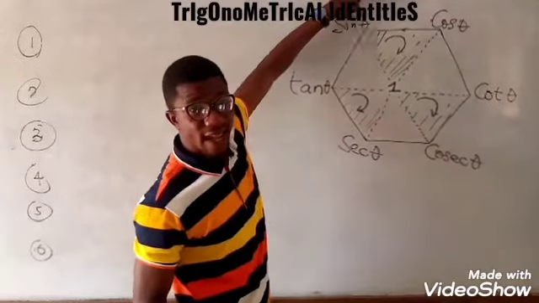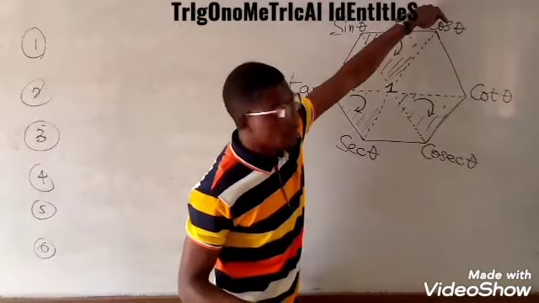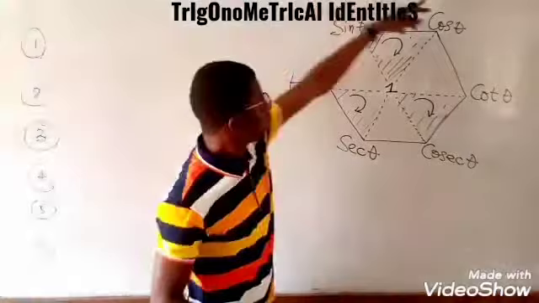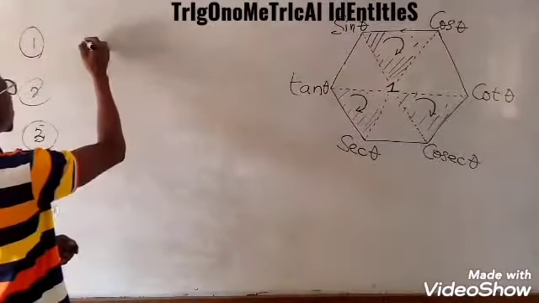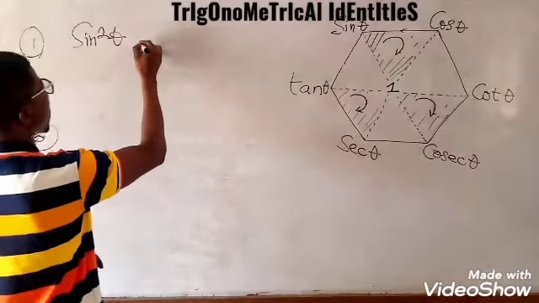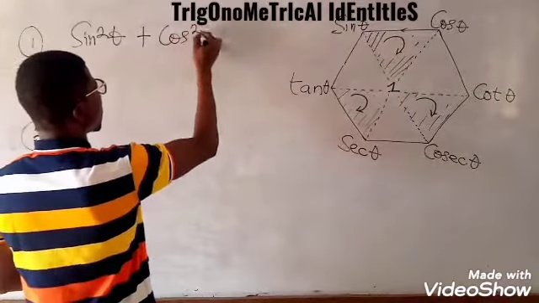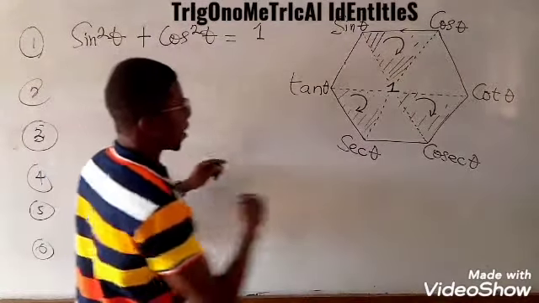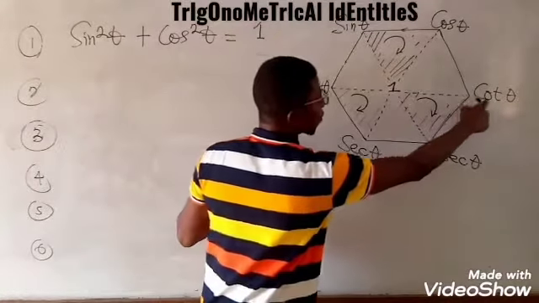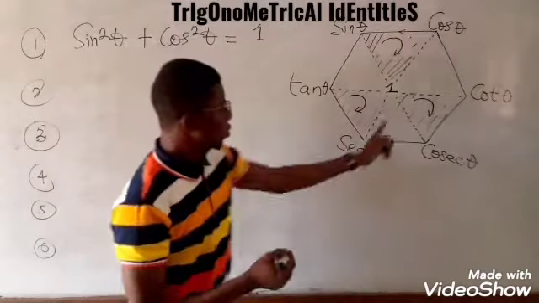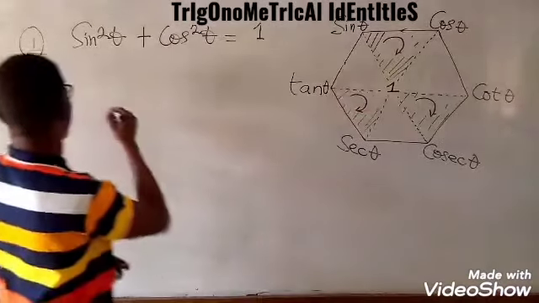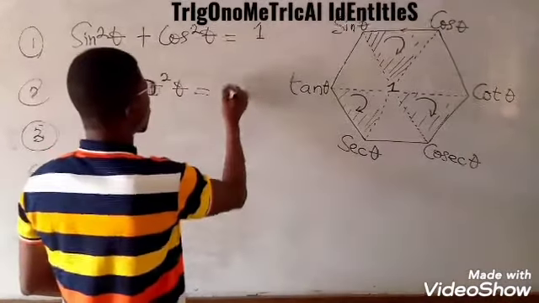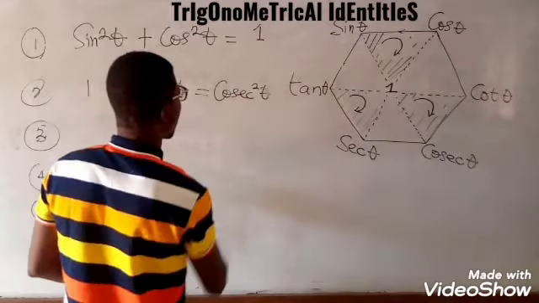When you square the sine, and you square the cos, the result is this middle one squared. When this is squared plus this squared is equal to this, it means sine squared theta plus cos squared theta, the result is 1. If you come along this direction, 1 squared plus cot squared theta is cosec squared theta. So along this direction, 1 plus cot squared theta is equal to cosec squared theta.